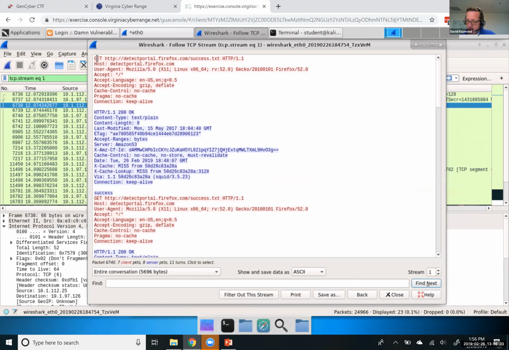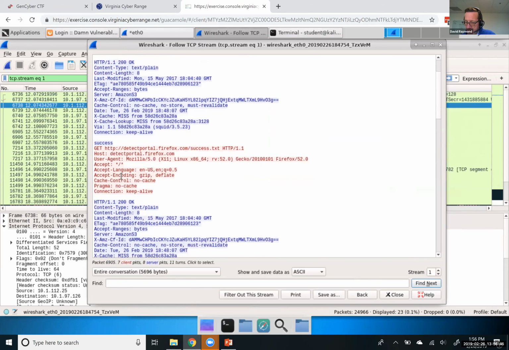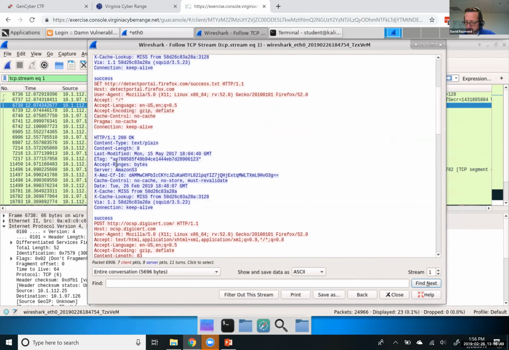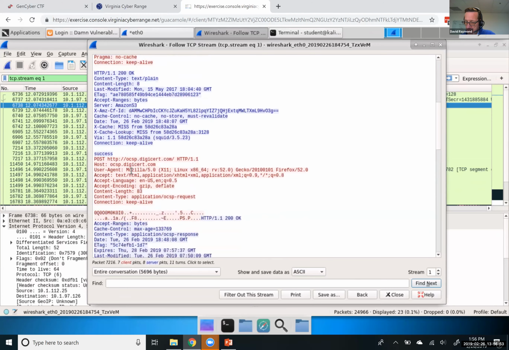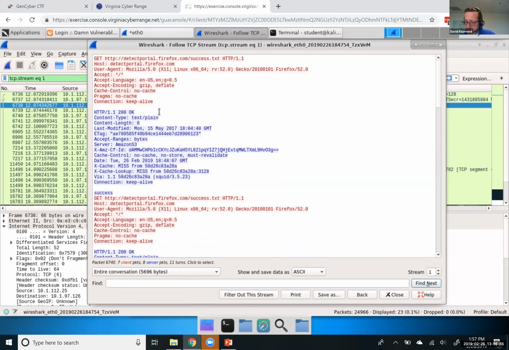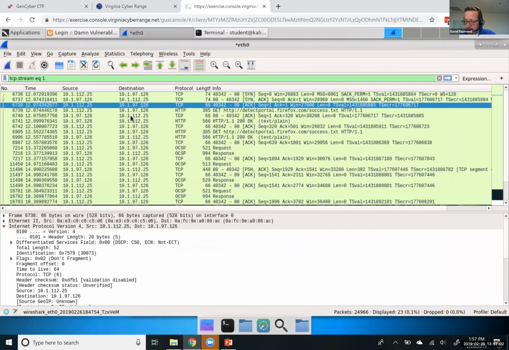The red is the client, so this is the web browser reaching out to a particular web page. The blue is the response from the web server. Then the red, my browser, makes another request, and the blue is the response, and the red is another request, etc. If you look through these, you see a lot more information about what's going on in this interaction. But what I want to find is my DVWA